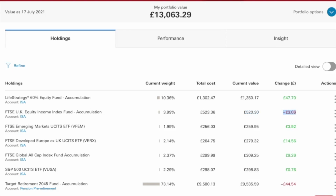Next one is FTSE Emerging Markets UCITS ETF. This is just a small, like 2% weight in this portfolio, and I have the total cost is £256.03. Current value is £259.95, and a change of £3.92. Then developed Europe, another FTSE Developed Europe ex UK UCITS ETF, has a weight of